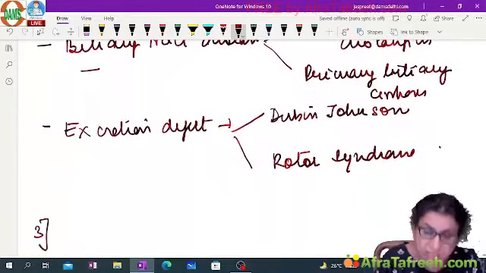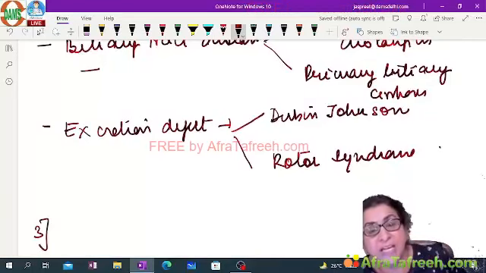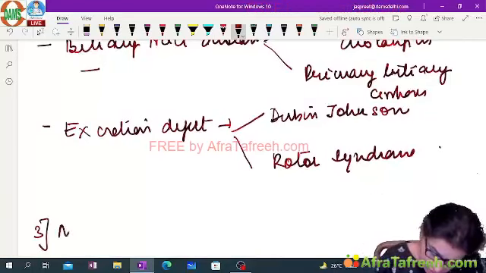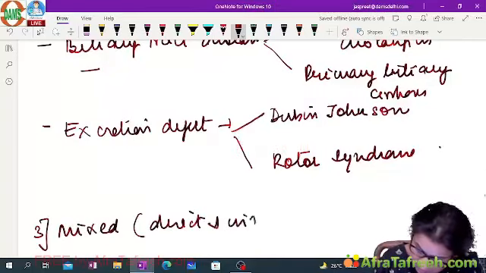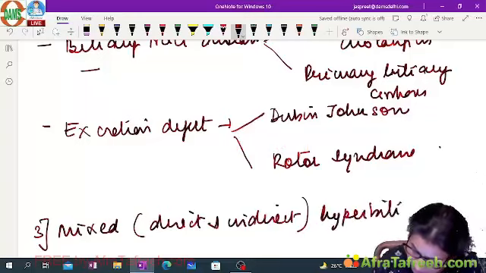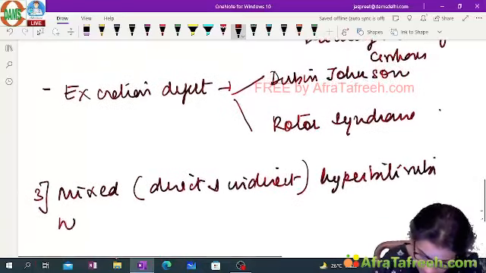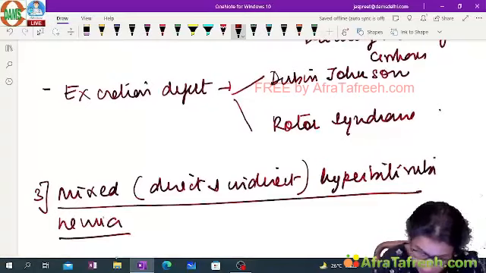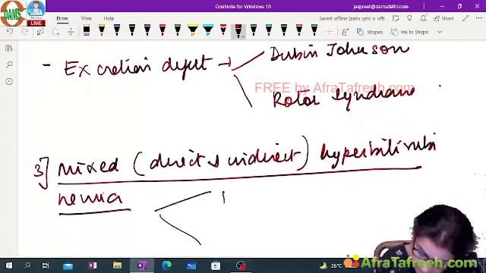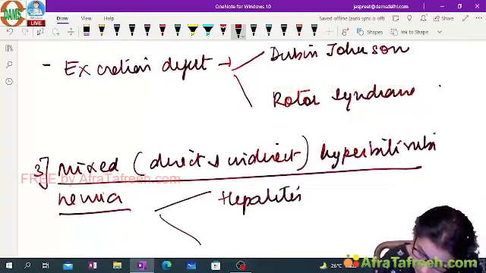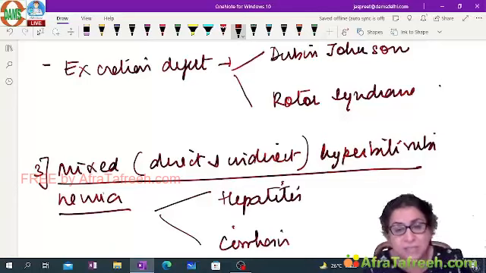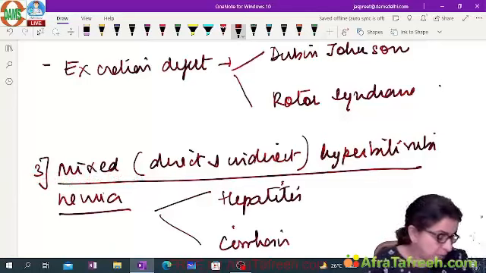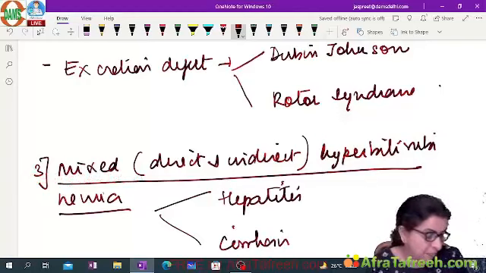The third category is mixed, where both conjugated and unconjugated bilirubin are increased, that is, both direct and indirect bilirubin are detected. So this is mixed hyperbilirubinemia, which is seen in hepatitis and cirrhosis of the liver. Okay, now we